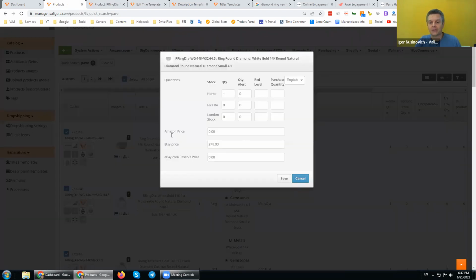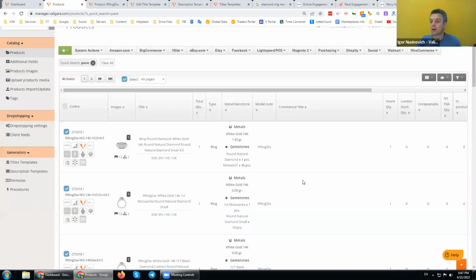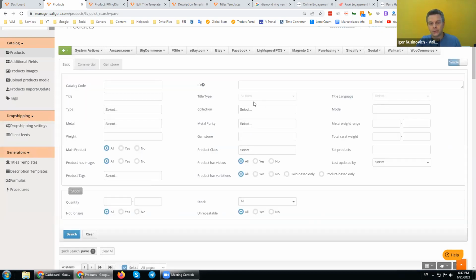For example, I can add here the uniqueness fields and say, okay, today I work on my rings. I will use the full search here, right? So let me find all the anklets. Let's see if I have any anklets. So I will work today on my anklets.